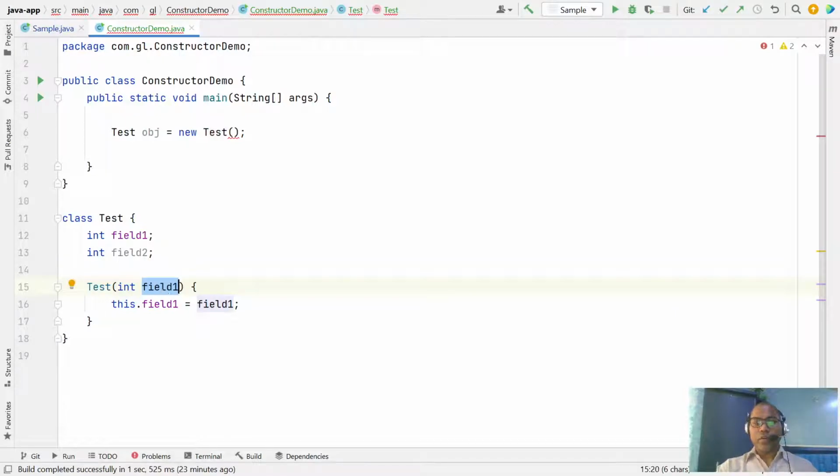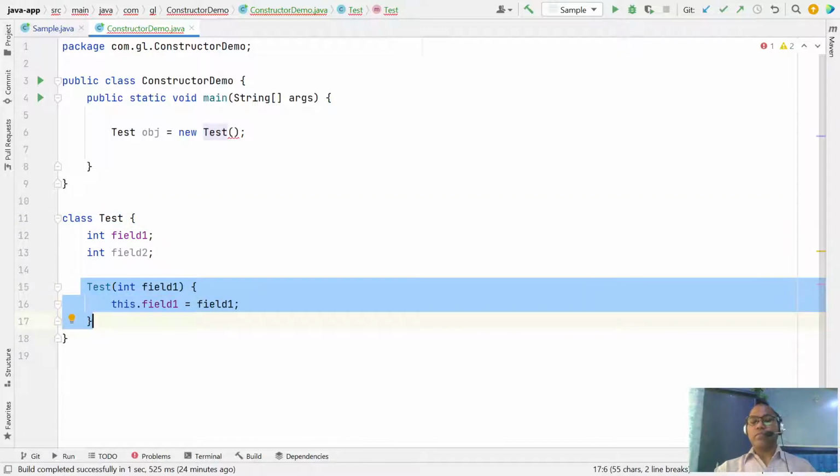Now, as a developer, we define one constructor so that I can initialize the field 1 value. Whenever the user has defined any kind of constructor inside the class, at that time the compiler does not generate the default constructor, meaning the no argument constructor. The compiler only generates a default constructor for your class until you define any constructor.